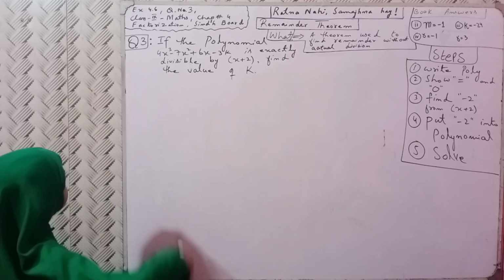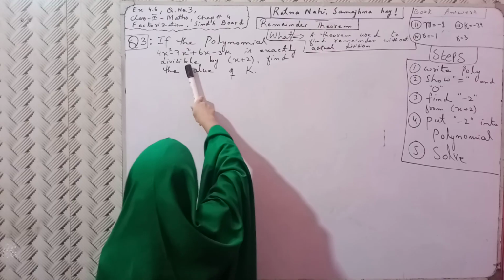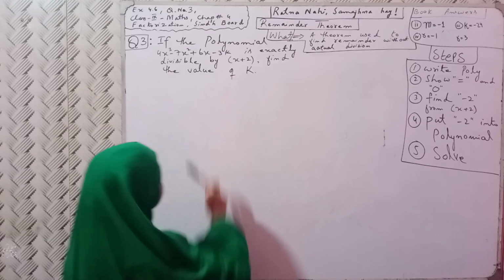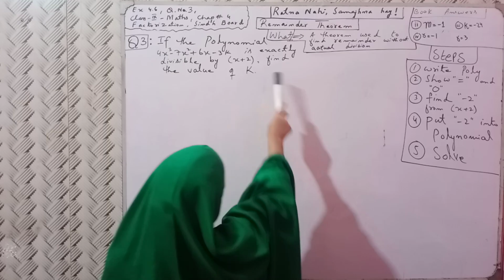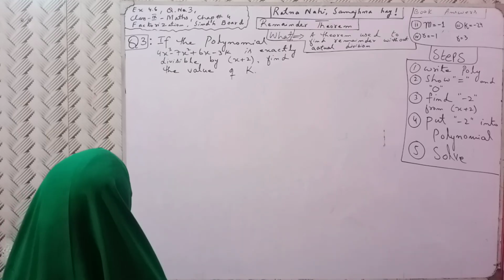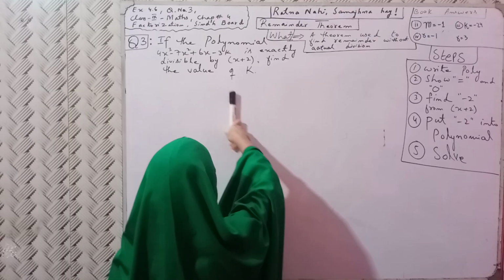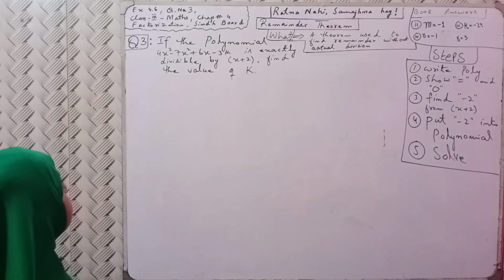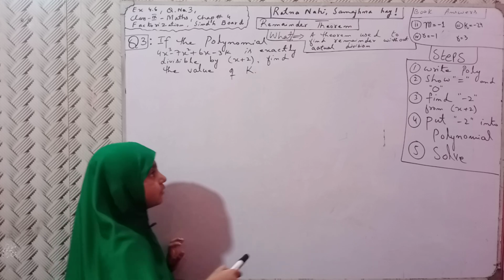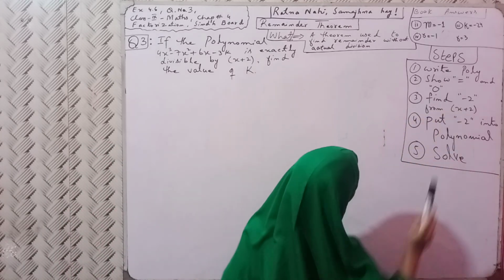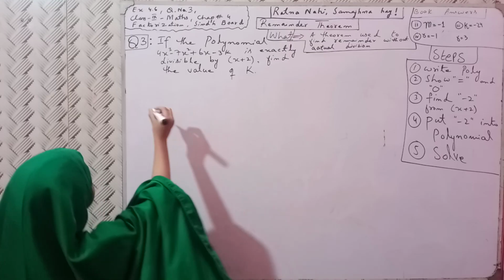So if the polynomial 4x cube minus 7x square plus 6x minus 3k is actually divisible by x plus 2, find the value of k. So the first step is write the polynomial. Here we will write the polynomial